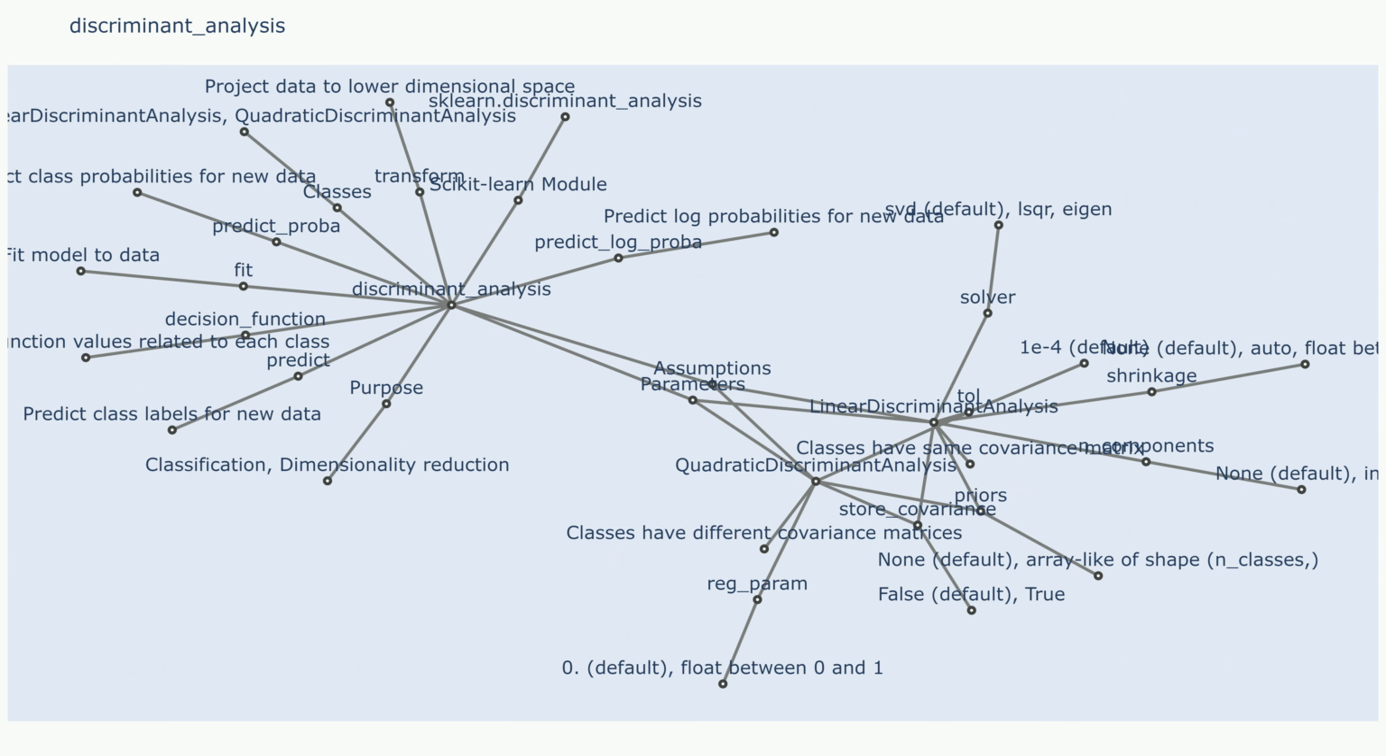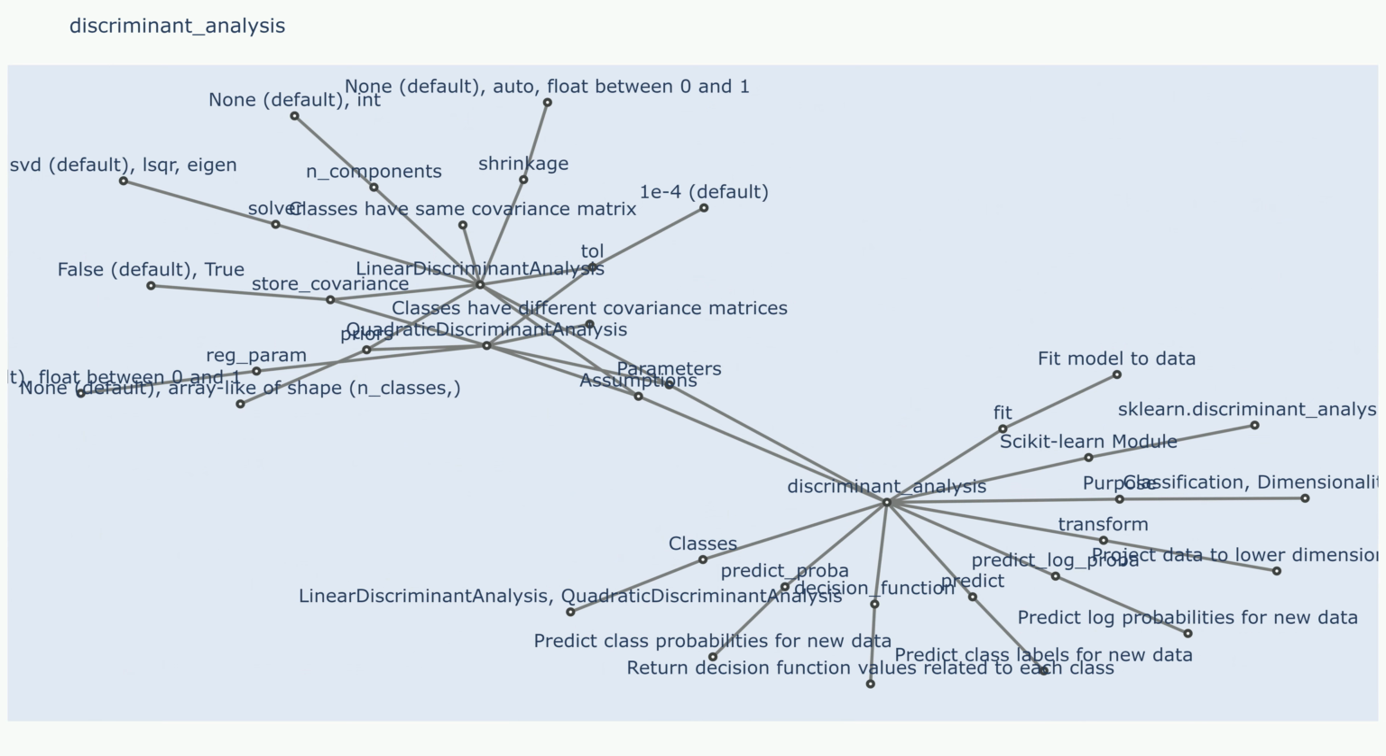accuracy = accuracy_score(y_test, y_pred), then print the accuracy. This code snippet demonstrates how to train an LDA model on the iris dataset and evaluate its performance. You can adapt this example to explore the other features of the sklearn.discriminant_analysis module and apply it